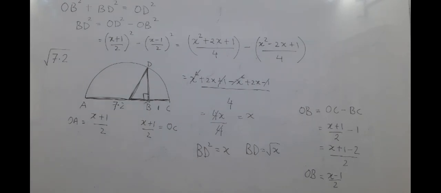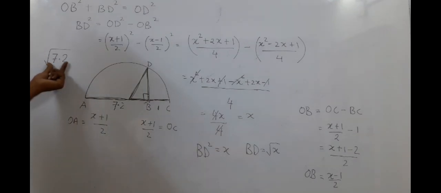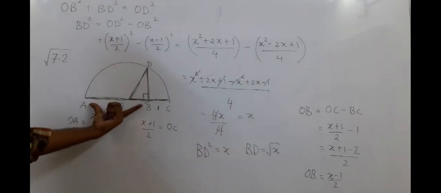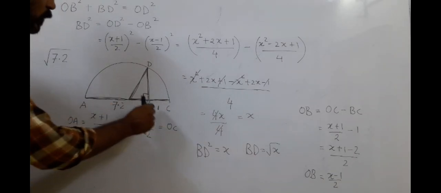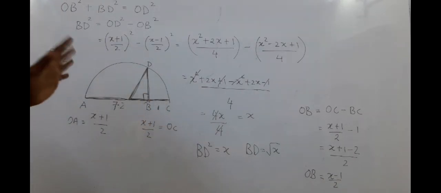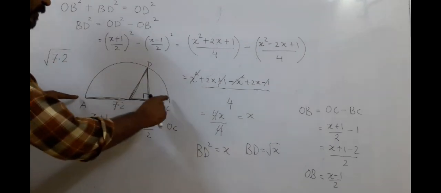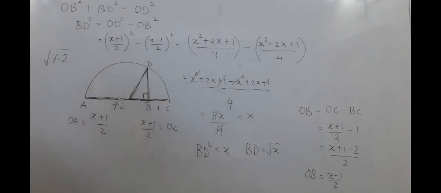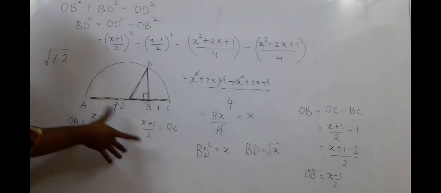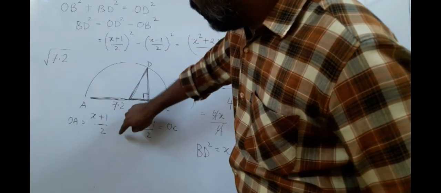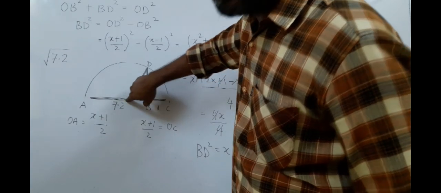Is the step clear to you? So whichever number has to be drawn on the number line, we take that AB and we add 1 unit. So the total becomes 7.2 plus 1, that is 8.2. You don't have to add it, but you just saw it has increased by 1. Now I told you the technique, how to find the midpoint of AC: from A, an arc up and an arc down. Same radius from C, an arc up and an arc down. And when you join these two points, you will get the midpoint.